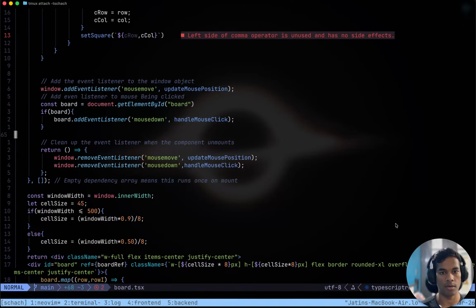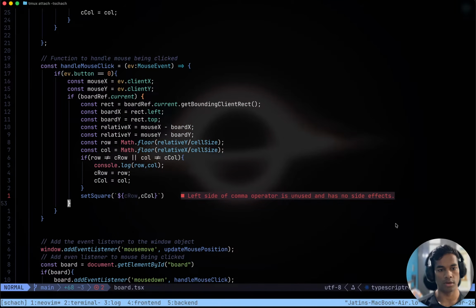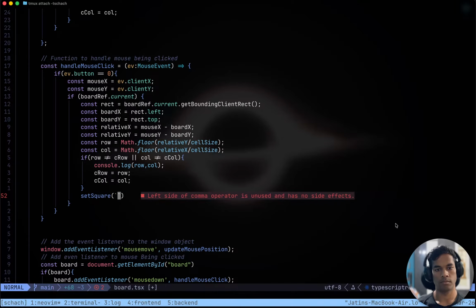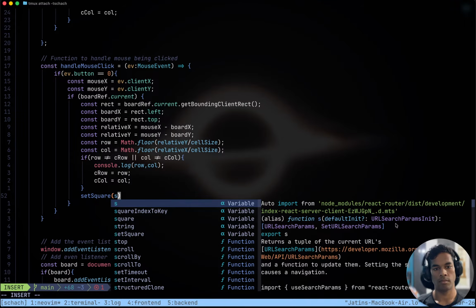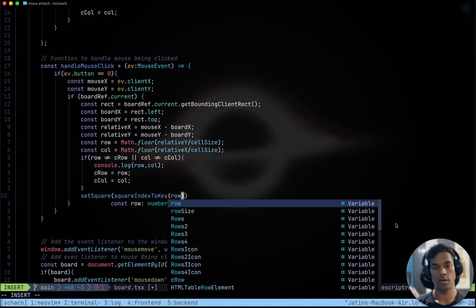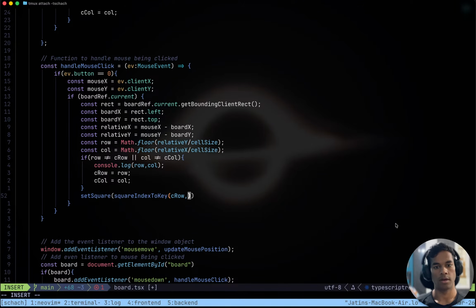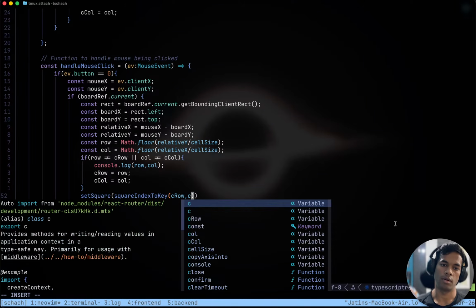Okay. When the mouse goes down, handle mouse click. Here we got the positions, set square, square index to key row, current row, current.